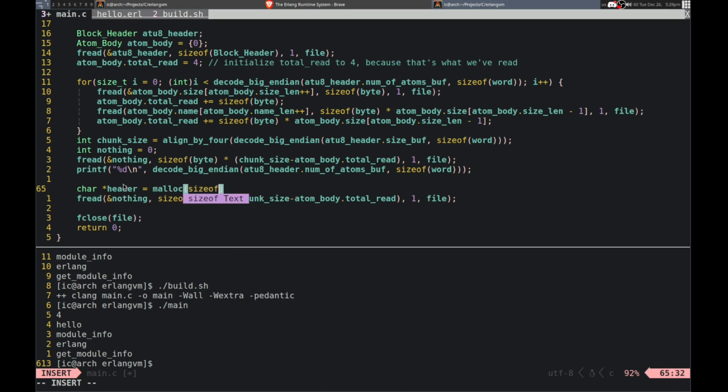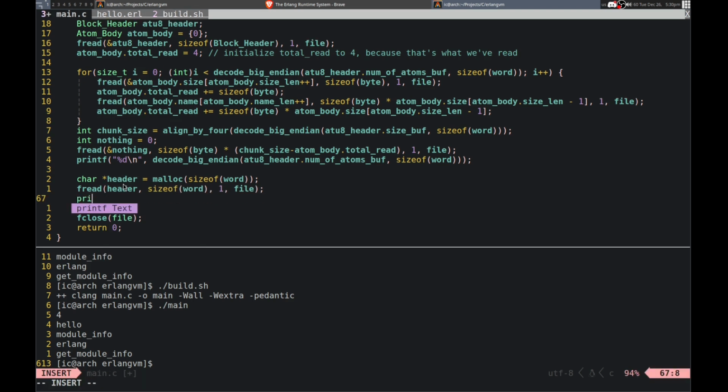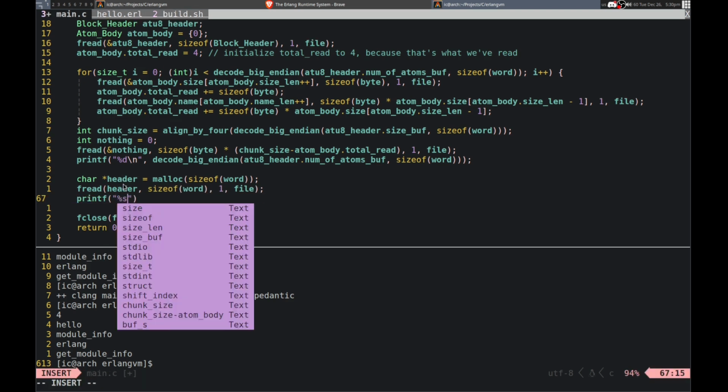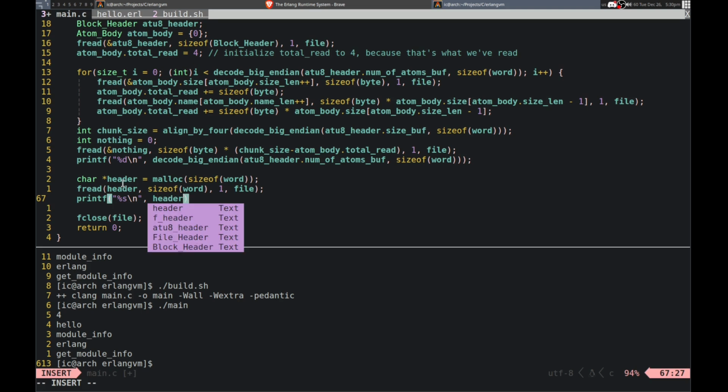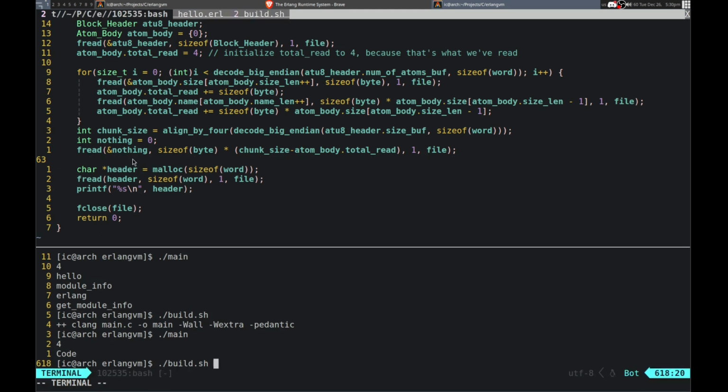Now like size of word. Okay, and let's see. Okay. And let me print it out. And it should be code here, if I remember correctly. Okay. So, code. There we go. Let's see. I don't need to print that out anymore. So we're on to the next one.